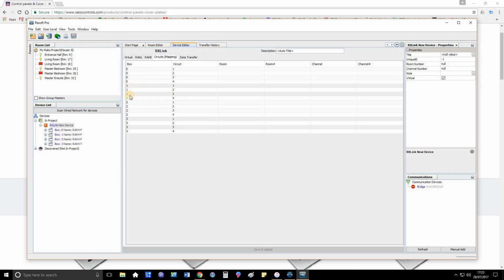1, 2, 3, 4 of box 1. Same for box 2 and same for box 3. So we've got 16 circuits in total. Now, to tell the system which circuits we want in which rack, or how it's going to be basically connected and terminated,